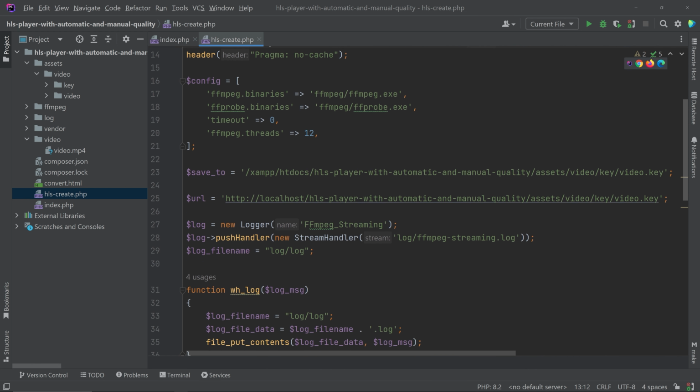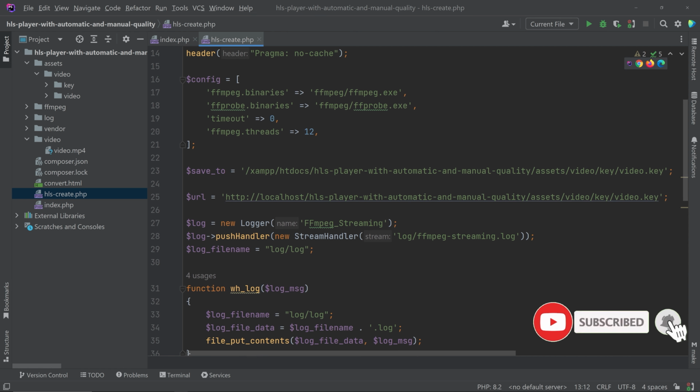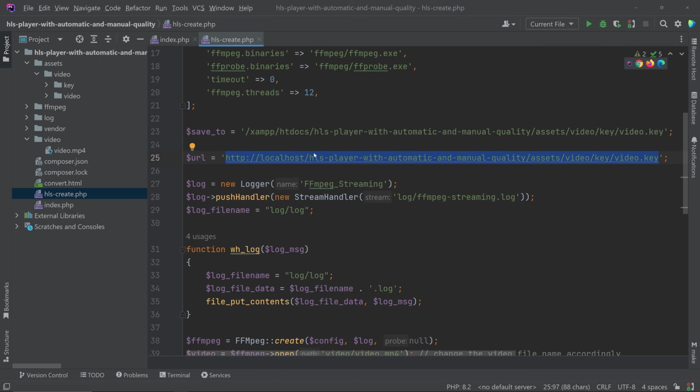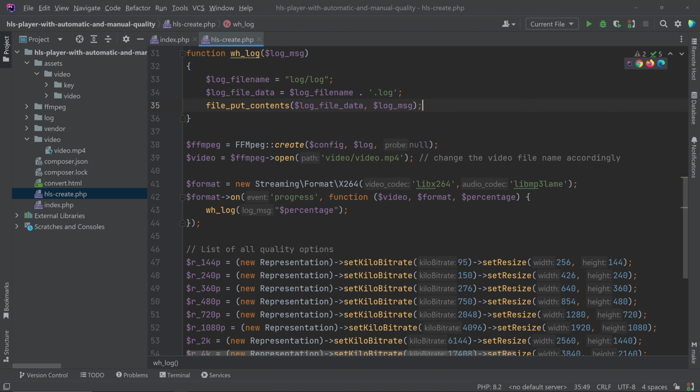So after downloading, you have to come to this file, and here you can see we are saving the keys to this folder, and we are saving the URL to access the key here. So this is the URL to access the key, and this is the place where we are going to save the key. Okay. When we are generating the key, we are going to save it to this file name. Okay. And this one will be going to the .m3u8 file. So I'll show you after converting, and this is for the log,